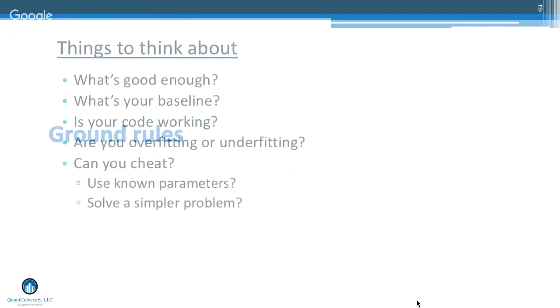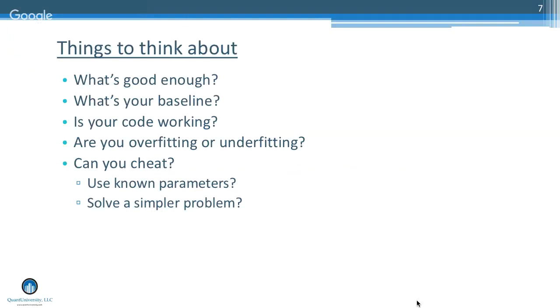So some basic things, right? Whatever application you're using, it is always a really good idea to know what good enough means, right? Because in a business context, typically, unless you're trying to win some competition, if you know what good enough means, then you can stop when you get there. And you can also see how close you are. Another thing to do is to have some baseline, right? So again, a neural network is a big, complex hammer to use. Is there a linear regression model or some heuristic that you have that gives you a sense of how well you're doing?